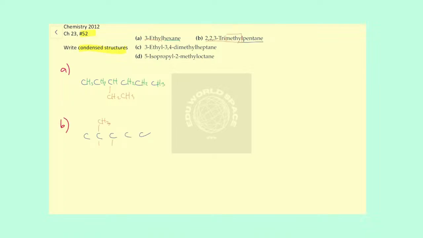Okay, CH3, CH3, and another CH3. Okay, so now that we have all our groups connected, all we have to do is fill up the carbons with hydrogens. Okay, so this first carbon would be CH3, right? The second carbon already has 4 carbons connected to it, so it can't handle another bond, so we could leave